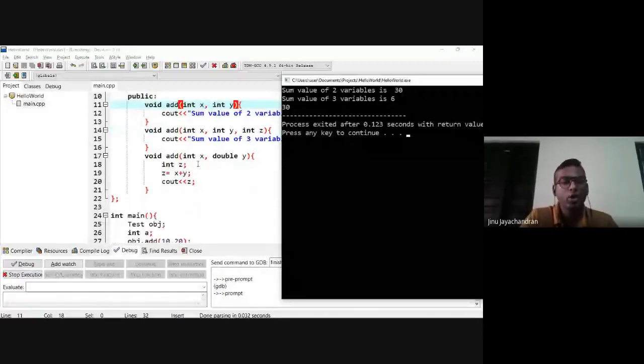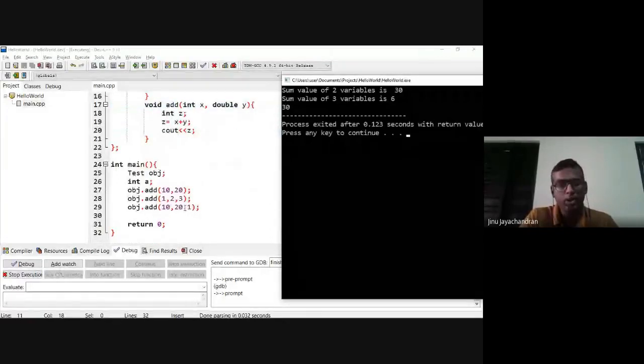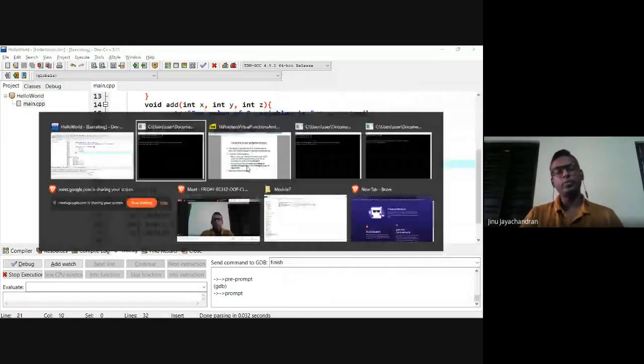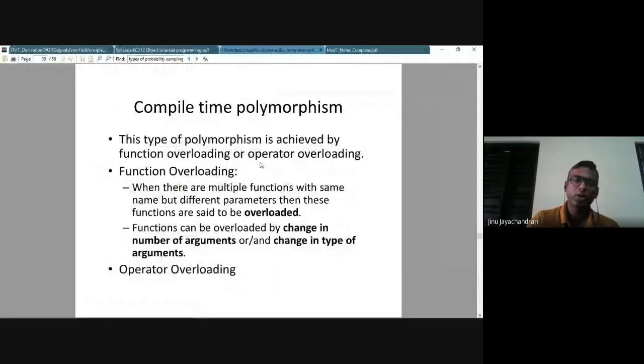When I call 10 comma 20.1, where one of the input arguments is double or float, then it has called the corresponding function, line number 17, which gives me 30. So the function can be overloaded either by the number of input arguments, a change in the type of input arguments, or the return type. Okay, this is called function overloading.